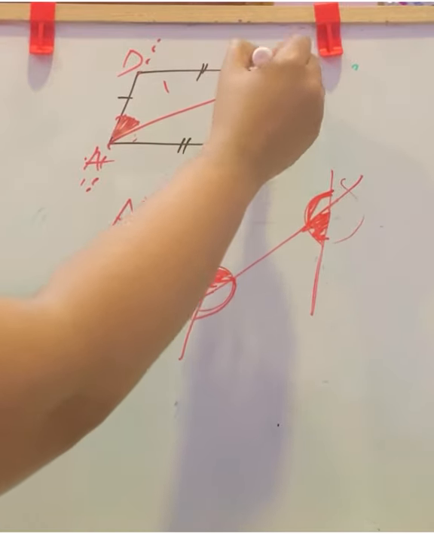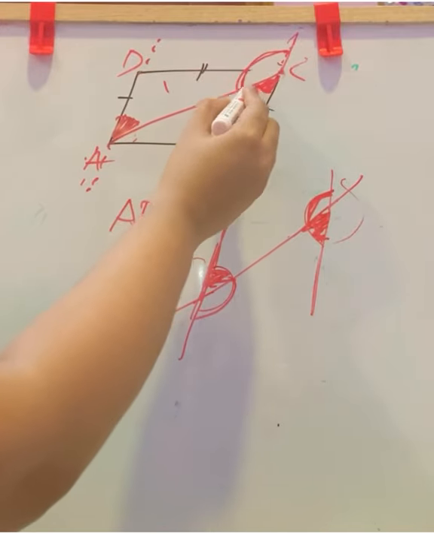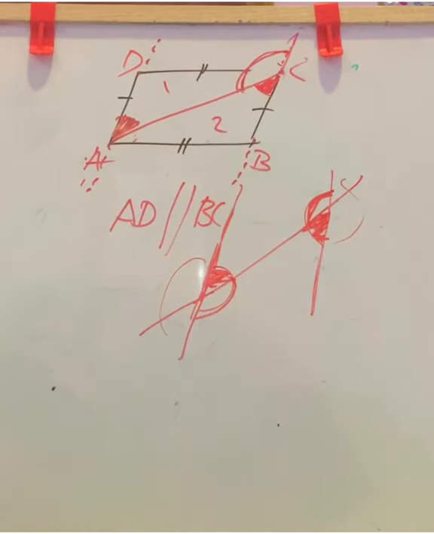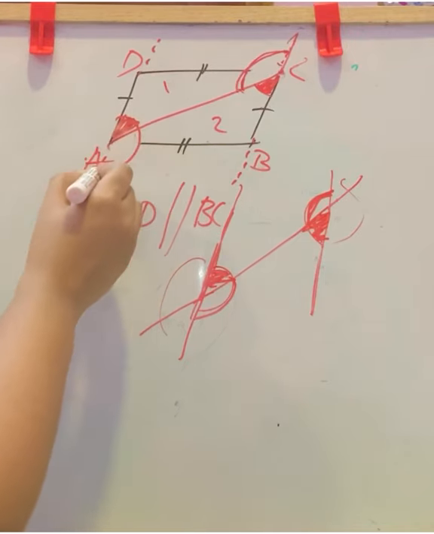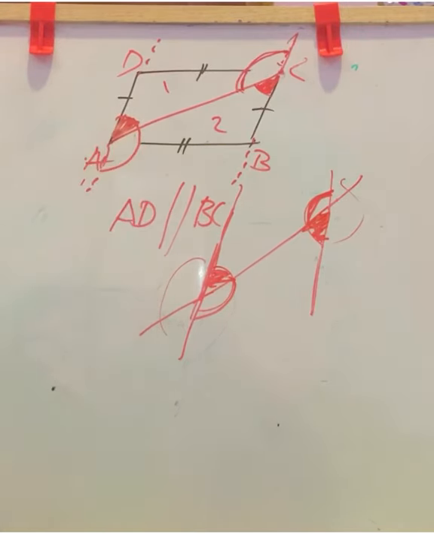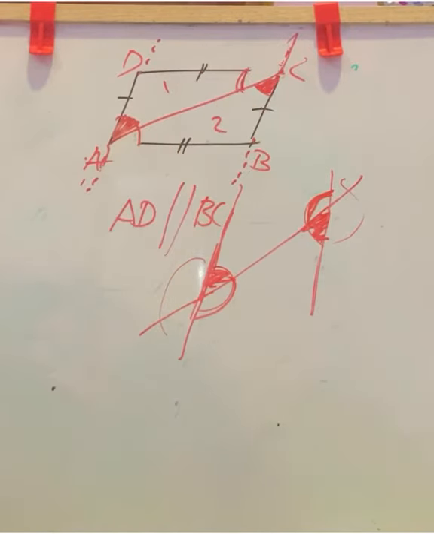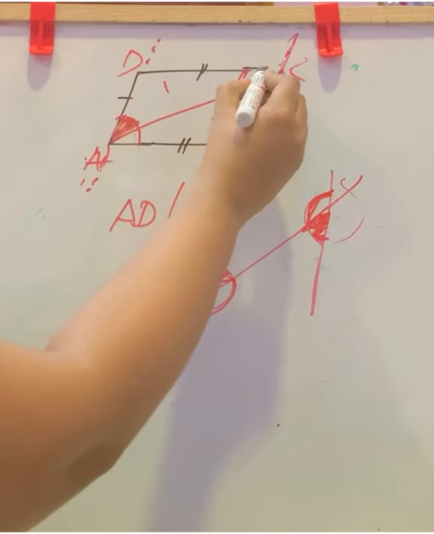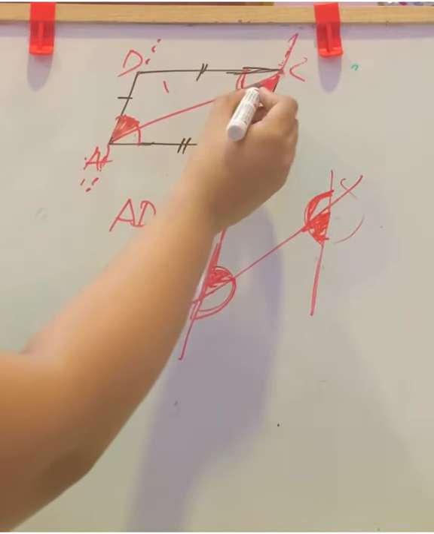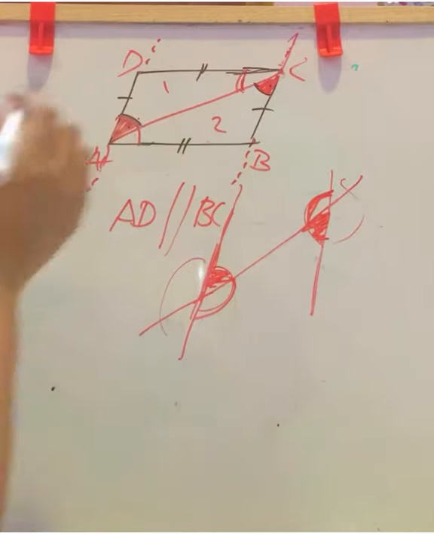In a parallel line, if a transversal is falling, this is an alternate interior angle, this is also an alternate interior angle. Here we have one alternate interior angle, here also one alternate interior angle. But in the case of a parallelogram, we don't want this complete angle, so we don't have to consider it. Close it there. This is the parallelogram. So consider these two angles. They are also alternate interior angles. So we got these angles are equal.